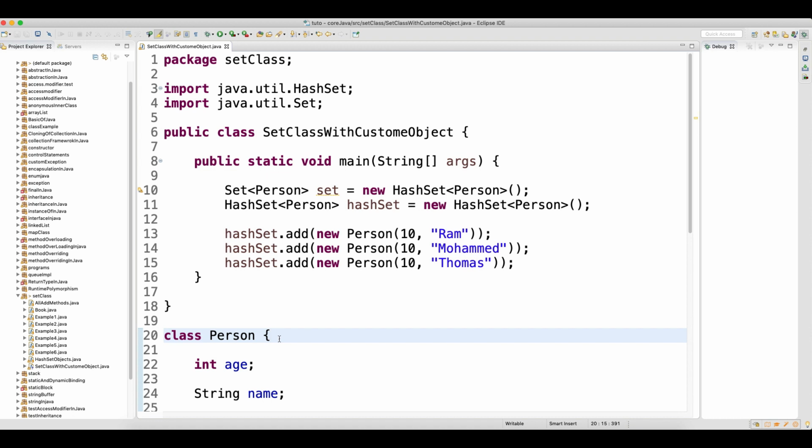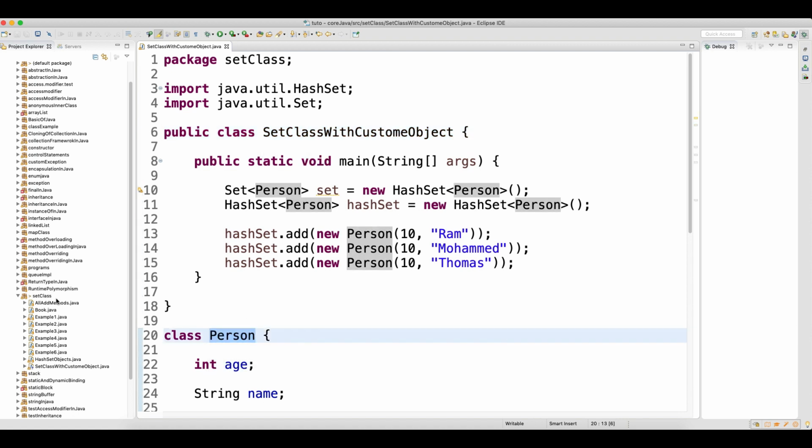But in case of a class, you know that it has only two accesses, either public or default. So when you make a class default, let's say this class is the default class, and this class is the public class.